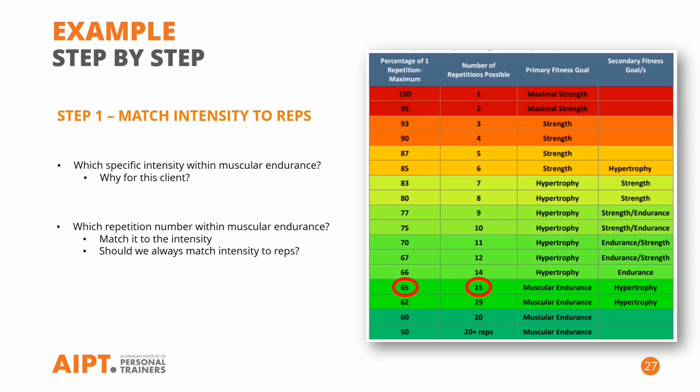And we do that for a number of reasons. We want to gradually introduce them to the exercise. We don't want it to be too difficult for them initially so that they don't even come back for a second session because they were so sore the next day or something like that. So you could play around with the repetition numbers there, but you wouldn't go significantly lower than what is recommended in this table. So for example, in the program we're writing for this client, if we went 65% 1RM and it only gave them 8 reps or fewer,